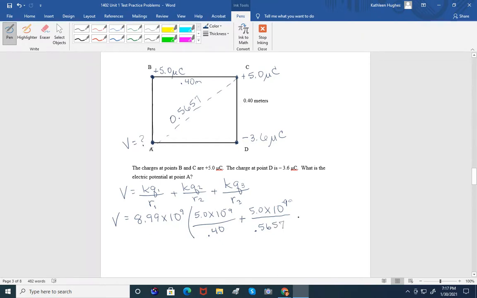And then finally, at point D, we actually have a negative charge, so 3.6 times 10 to the negative